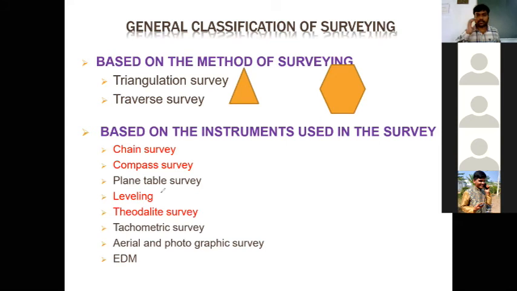In the last class, I was discussing that by standing in one position only, we can measure the height of a building by taking the vertical angle, where we sight on the top edge of the building. With this instrument, we can have those values, and with those values we can carry out the survey.